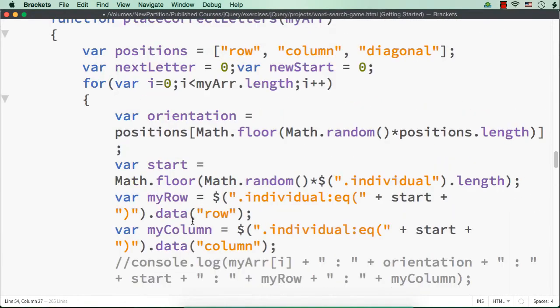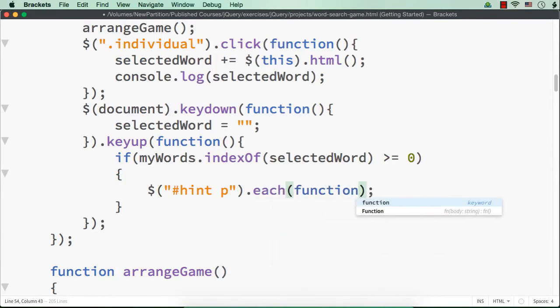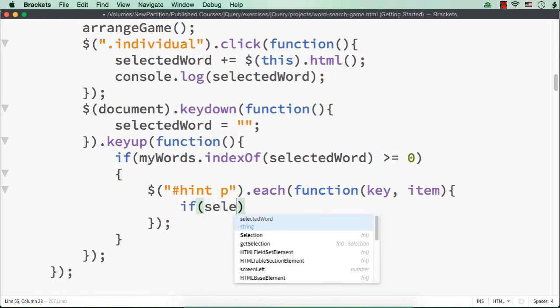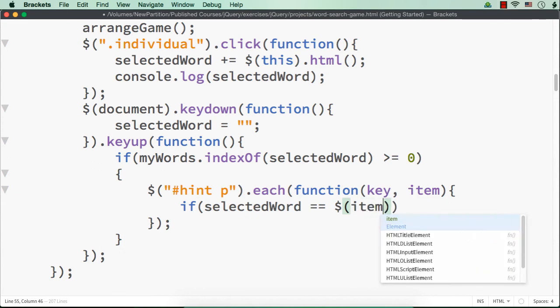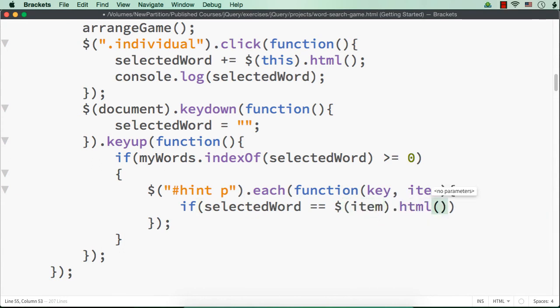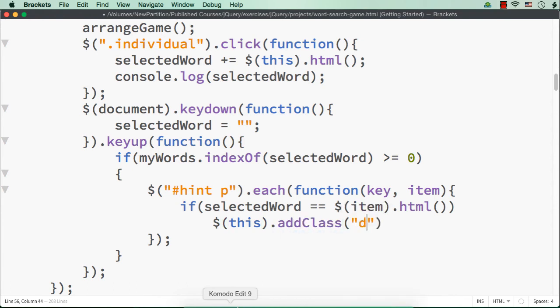And then let me write the code. .each function(key, item), and here if selectedWord equals $(item).html(), which means that it is the correct word, for that word let us just add some class name. So $(this).addClass('done').